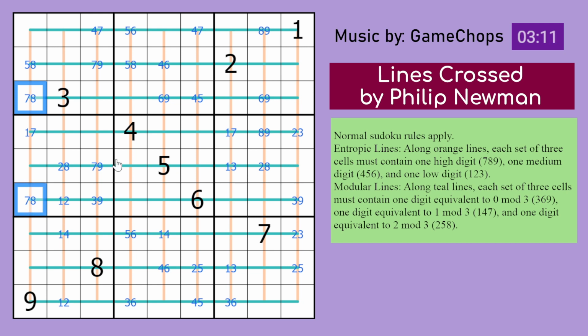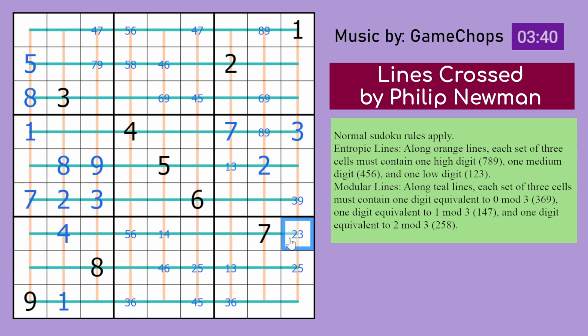For example, 7-8 pair removes 8 from that cell, removes 8 from that cell, removes 7 from that cell. And then we can do a bunch of other deductions based on that singular deduction alone. 8 means that's 7, 7 means that's 9, therefore that's 3. And then this even spreads over to here, so that's 7, which doesn't do anything, but 8 here means that's